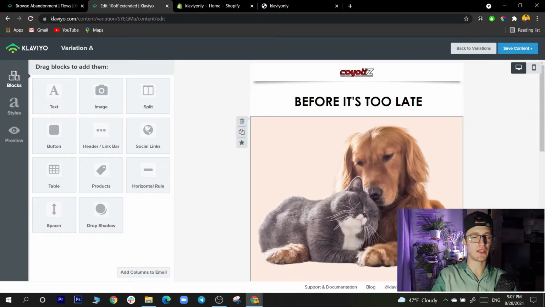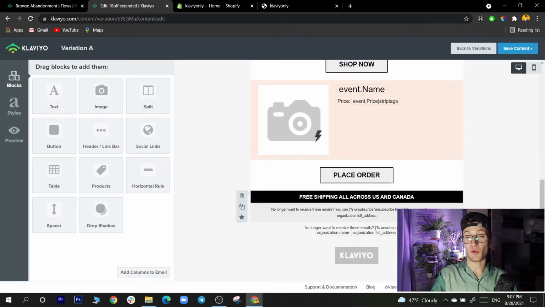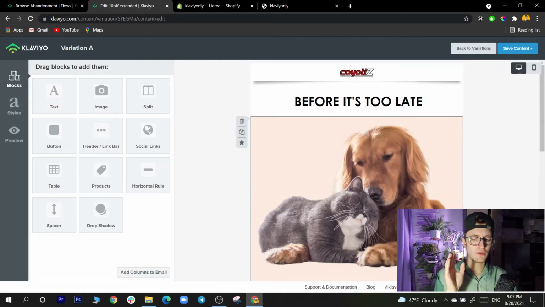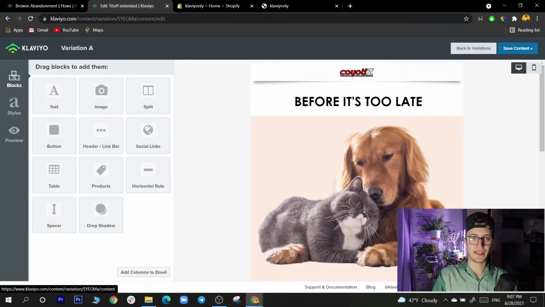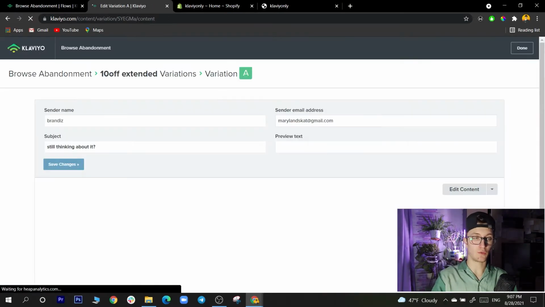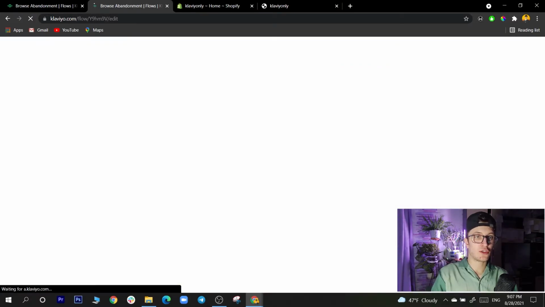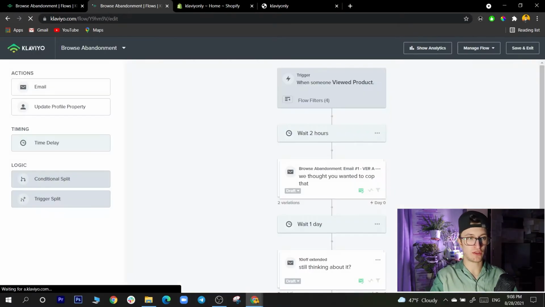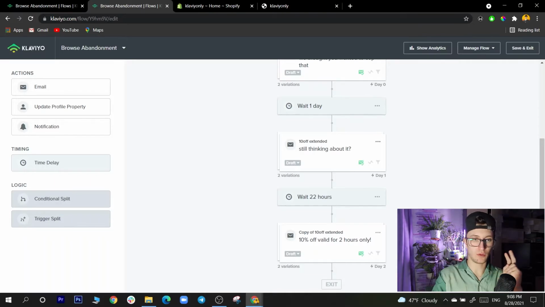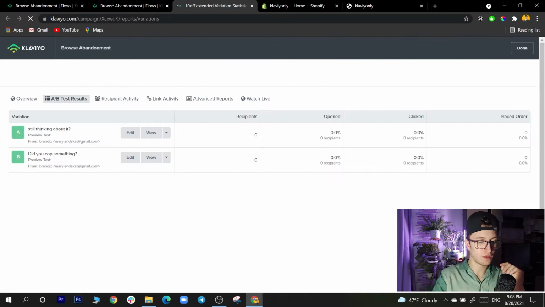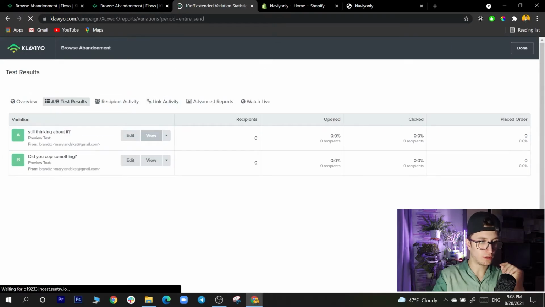Do not put GIFs, guys. You might want to put GIFs for testimonials, and I do recommend that, but you need to keep in mind that the density of the email also plays a big role, because if the email does not load properly, it won't even be tracked as opened. That's how bad it is using super condensed images in terms of space. I still want to preview this thing. I want to show you what it looks like.